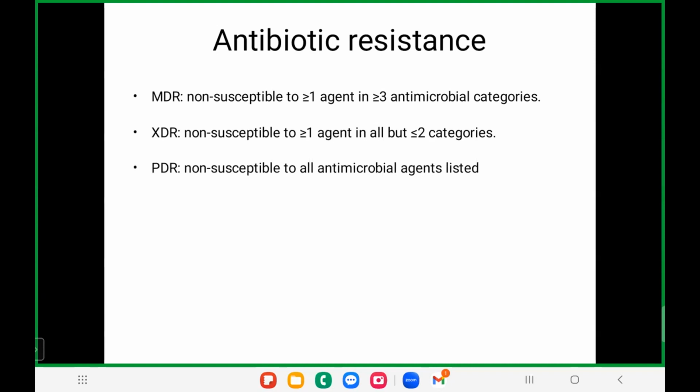So these are the three spectrums of antibiotic resistance. MDR, it will be okay. XDR, a more severe and worse bug. And PDR, there's no chance. You cannot make the child survive. If you get a PDR bug, whether it's any Enterobacteriaceae, you cannot have any antibiotics to make the child get better. So that's the worst spectrum of antibiotic resistance. Slowly from MDR we are moving towards XDR, and sometimes we are encountering PDR as well. If you encounter PDR, that is the end of the story for your child.